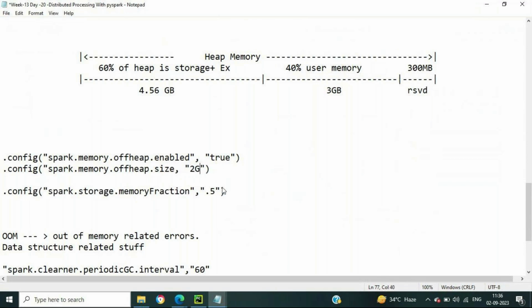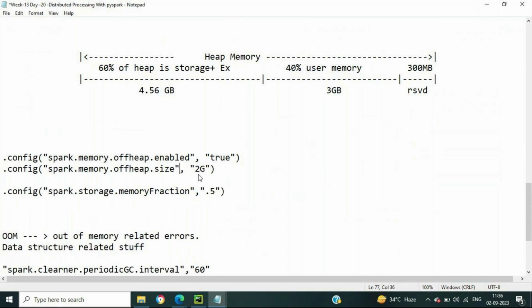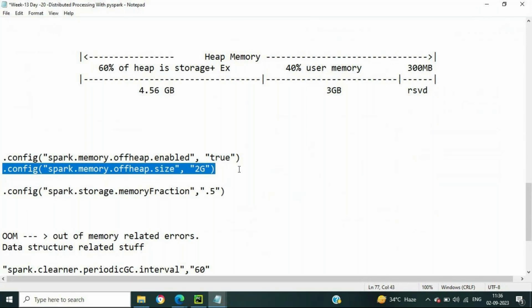So if we are facing this much memory related challenges, then we can increase the off-heap memory size as well. Now offHeap.size, we are having this particular parameter. So these particular things you will be able to digest. Once we get this error at this point of time, just try to keep this property in your mind, and I will remind you that this was the property